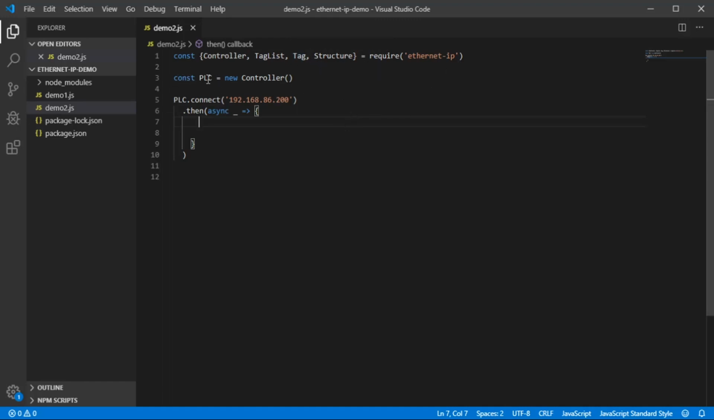And then the first thing we're going to do is set up a new PLC with a new controller, and then we connect. That's a promise, so we do then, and then we want to make it an async function, and then we can read and write. So first thing we want to do is get a tag,